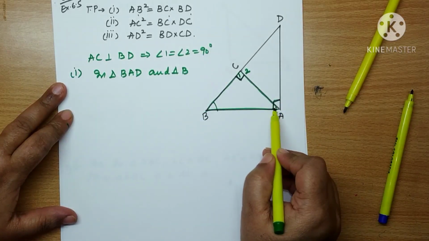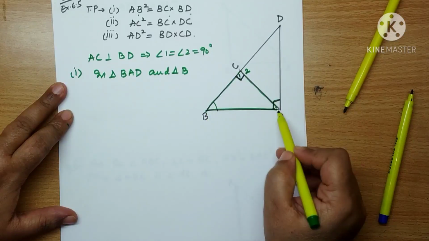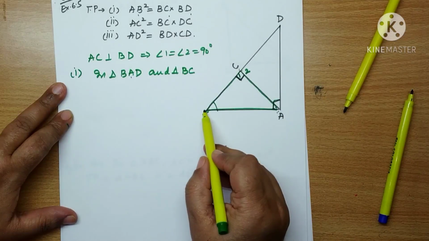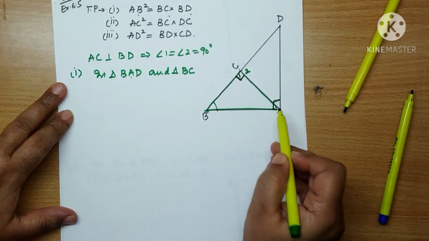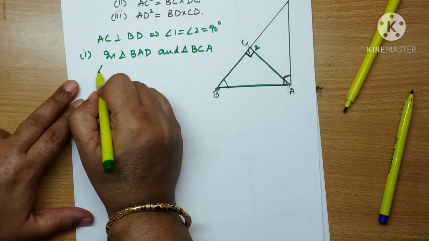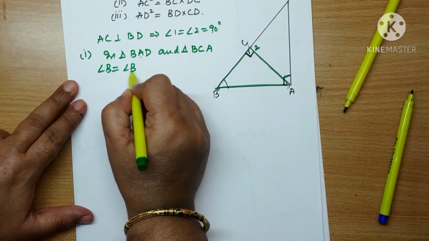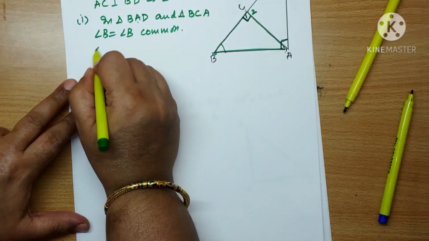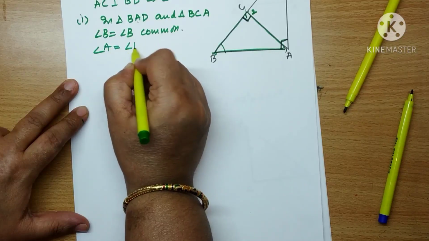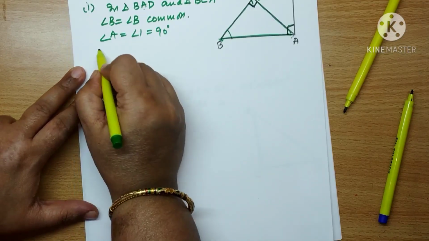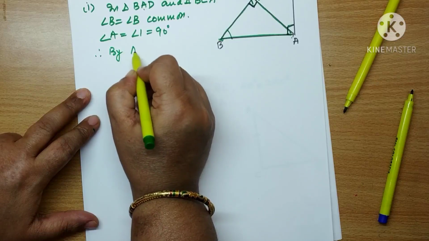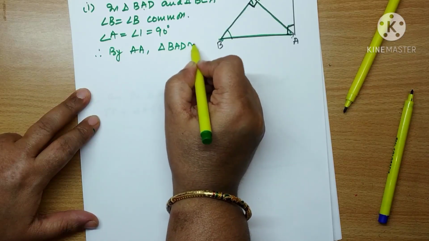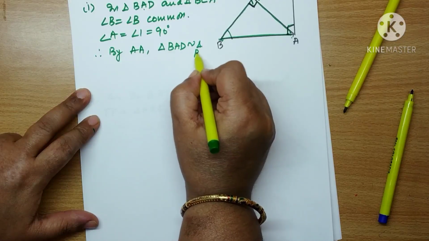In BAD angle A is 90 and in this triangle C is 90. So with A, C will go. So I have the name of the other triangle BCA. So angle B is equal to angle B, common. Then angle A is equal to angle 1 equal to 90 degrees. Therefore, by AA criteria, I have triangle BAD is similar to triangle BCA,